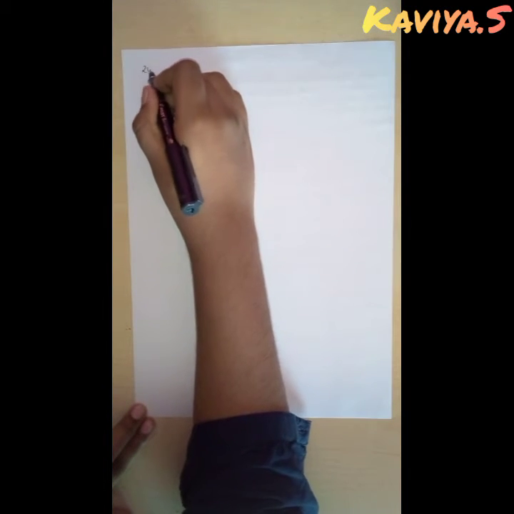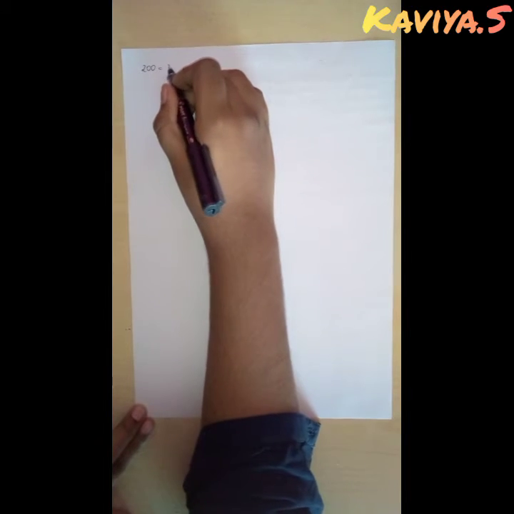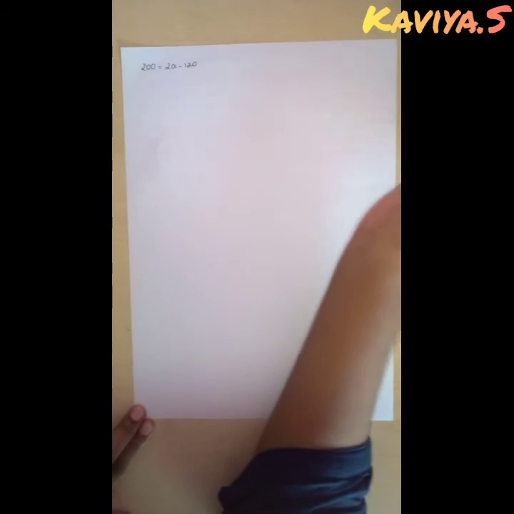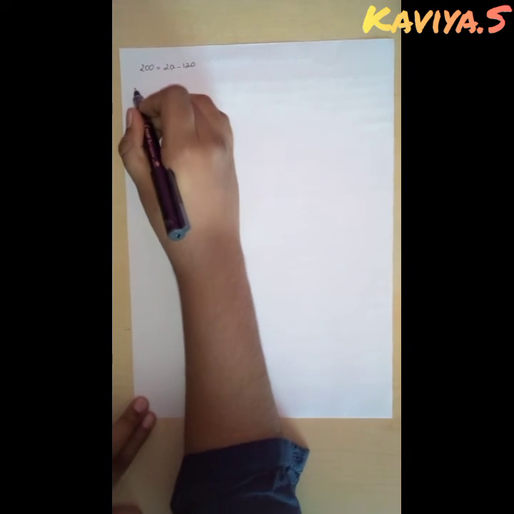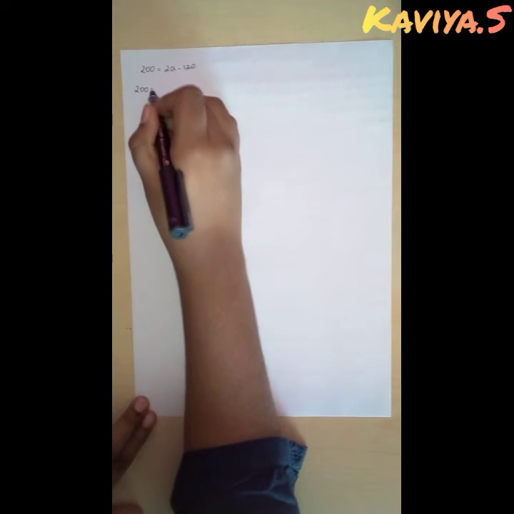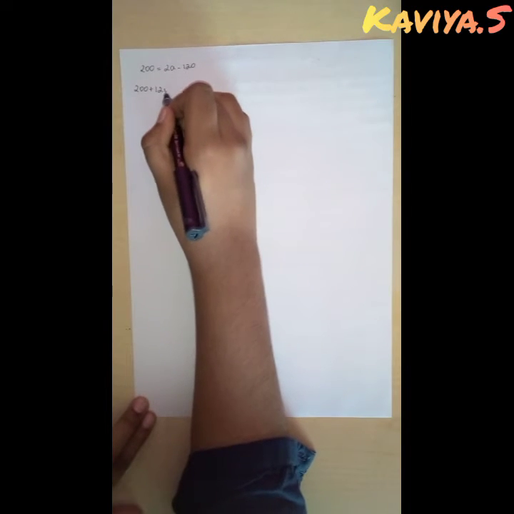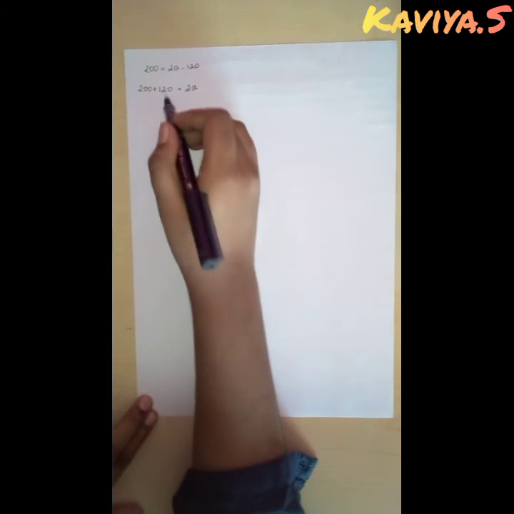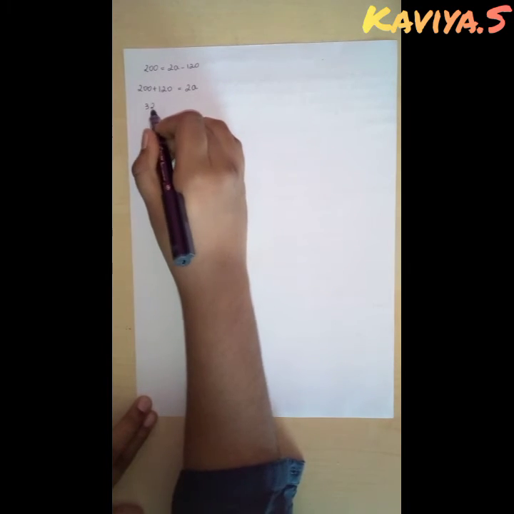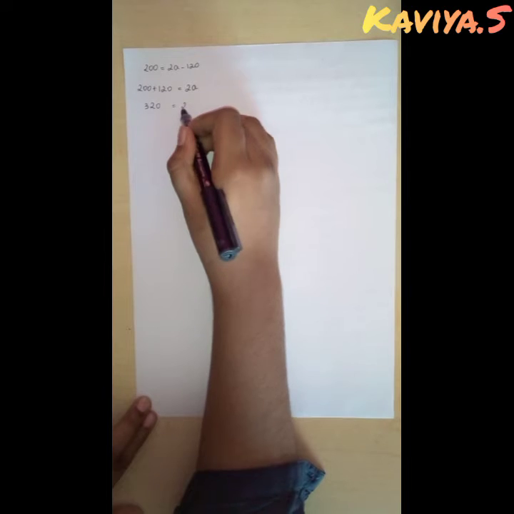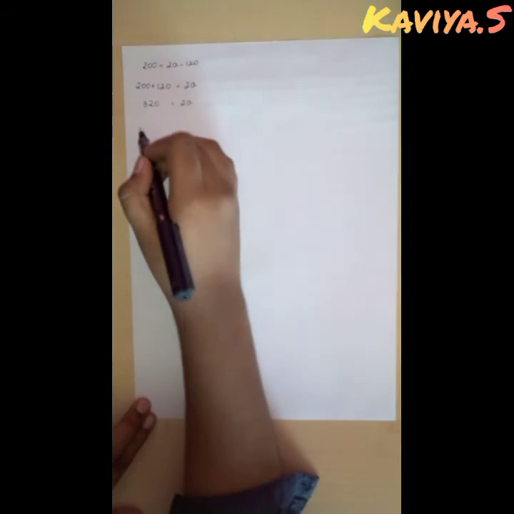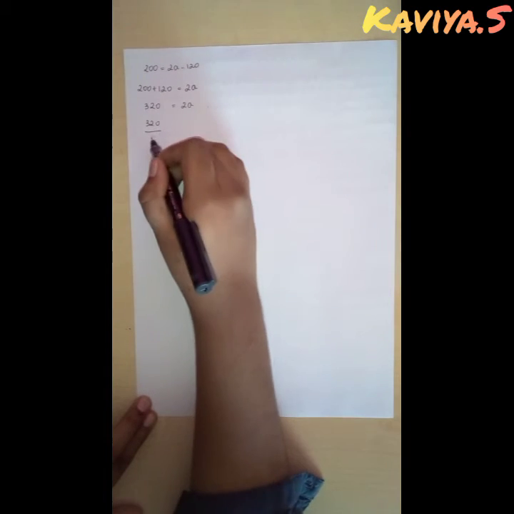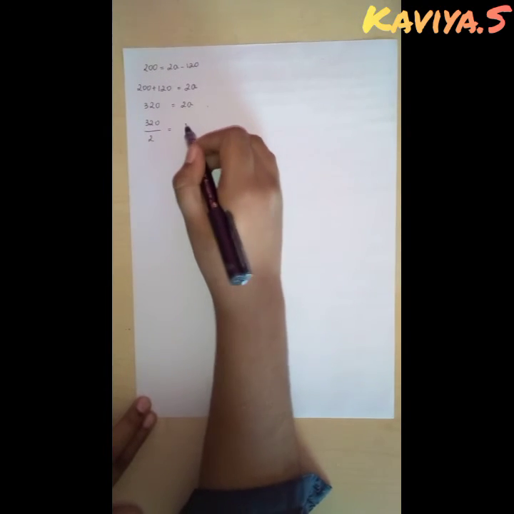So last step we got 200 is equal to 2a minus 120. So minus 120 on the right hand side, we are going to take it to the left hand side. There is a minus sign, so when we take it from this side, we get a plus sign. So 200 plus 120 is equal to 2a. 200 plus 120 is 320. So 320 is equal to 2a.